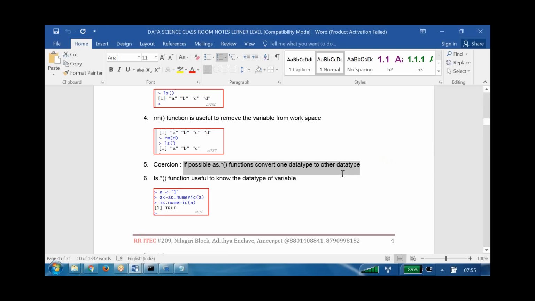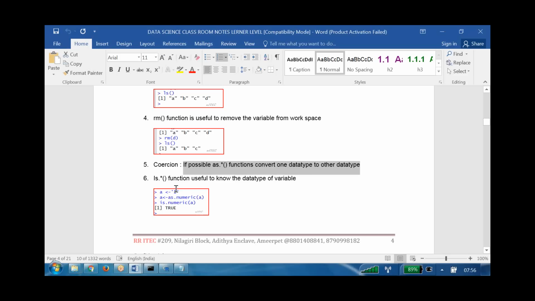For example, what is given here? a is equal to 1. But we pass this 1 as a string. But in reality 1 is not a string, right? By mistake it was entered as a string.